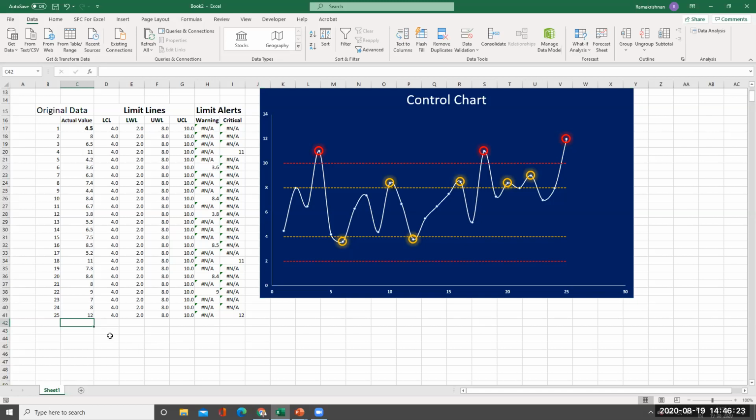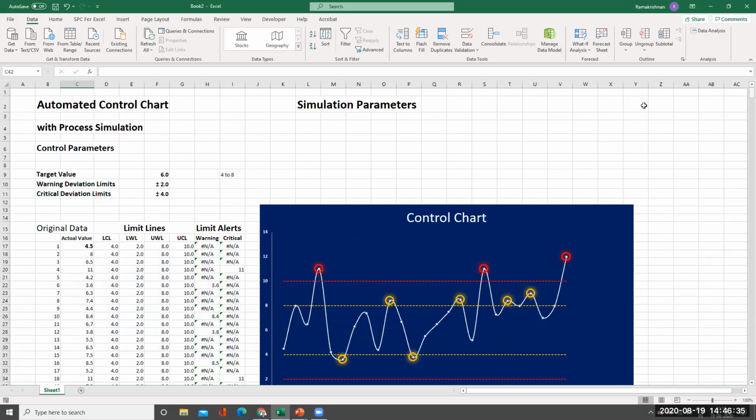So as you keep on updating the values, every day I get a new product and the product dimensions, I put the product dimensions, then it will be included in the chart and then say whether the process is okay or not okay. Now we are left with the final one, which is simulation parameter. So I will put here, there are 3 values. One is mean. I'll put it as mean here. And then STD, standard deviation. And then I'll put a CDF.